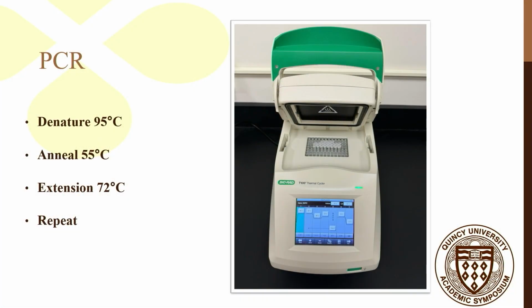For our PCR, we are typically going to run with 3 different stages. We first need to boil the DNA so that the strands will denature, meaning that we have double strands turning into single strands. Once the DNA has been boiled off pretty well, we will then lower the temperature to the annealing phase. This will allow the primers to attach to the single-strand DNA, which will then take up that space. Once we bump that temperature up to 72 degrees, we'll allow our polymerase, Taq polymerase, to run its course. The polymerase will then make a complementary strand to the single-stranded DNA. We will then repeat the cycle 30 times.